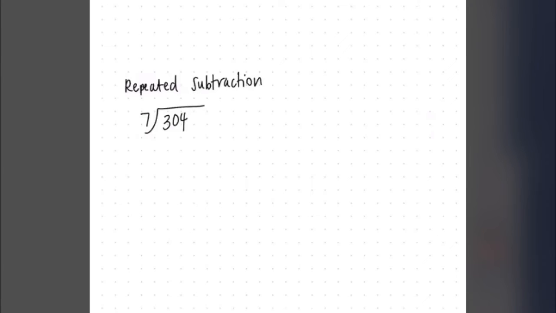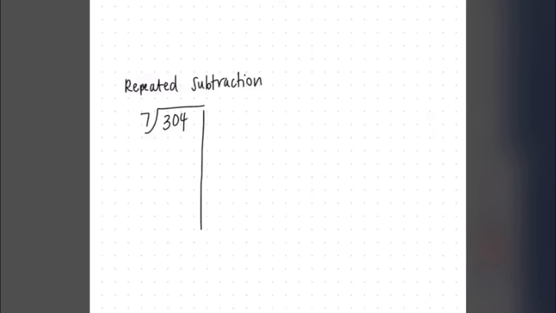So let's try another symbolic method. I'm going to introduce you to repeated subtraction. It's quite simple. It's a form of solving division equations whereby we subtract the divisor from the dividend repeatedly. So we could just subtract 7 from 304 until we have 0 or a number that is less than 7, but that would take a very long time. So instead, we are going to use multiples of 7. So numbers on this side of the line are going to indicate the quantity of the divisor being subtracted from